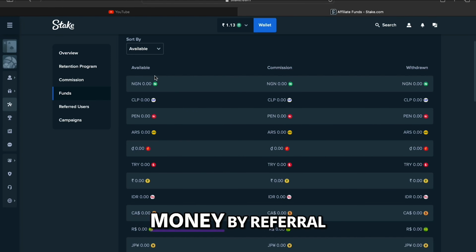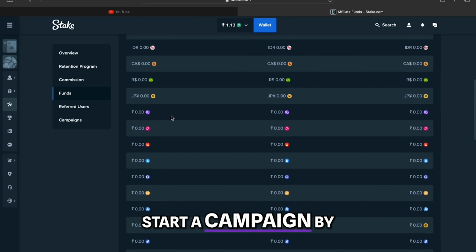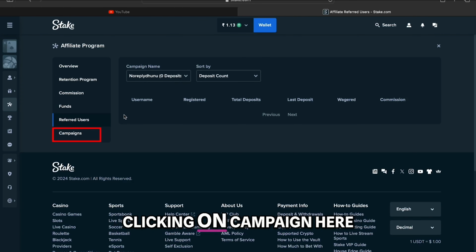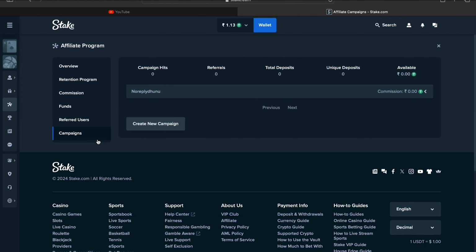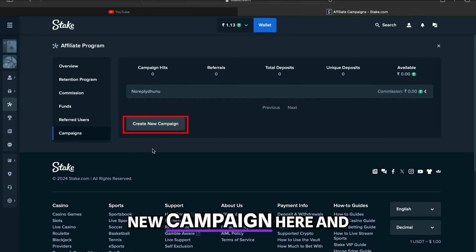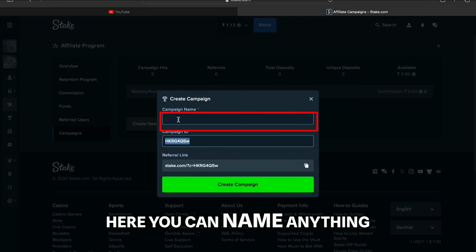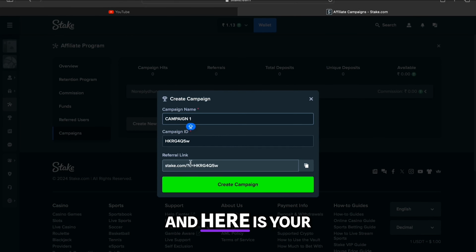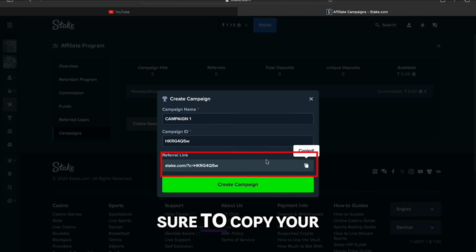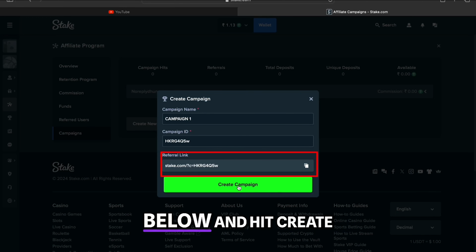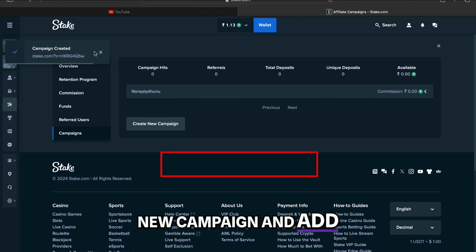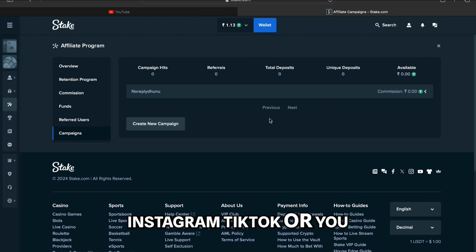Now to start getting money by referral, you'll first have to start a campaign by clicking on campaign here. Now click on create new campaign here and write a campaign name here. You can name anything. And here is your campaign ID, and make sure to copy your referral link given down below and hit create new campaign and add it on YouTube or Instagram, TikTok, or you can share it